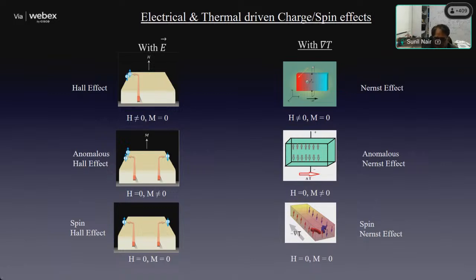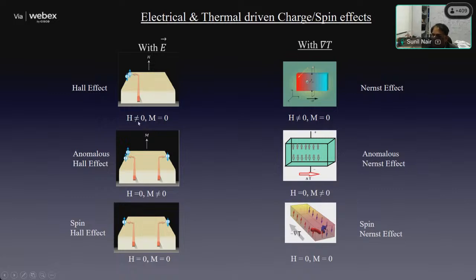We have all seen the standard Hall effect. So what do you have there? You have typically a non-magnetic metallic system or a semiconducting system. You apply a potential difference, and then you apply a magnetic field perpendicular to the direction of electron flow. And what you get is a transverse potential difference, which is orthogonal to both the direction of the magnetic field and the direction of electron flow. So that is the standard Hall effect as it is given here.